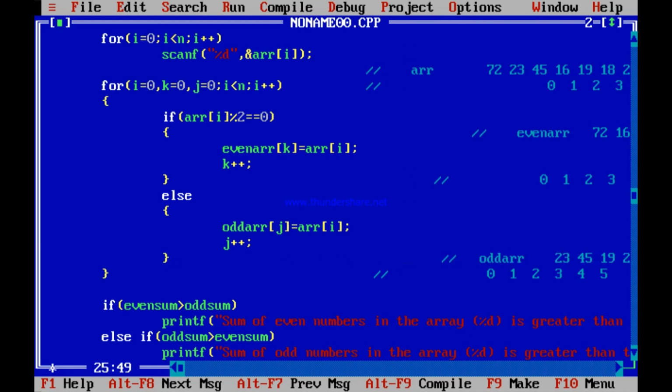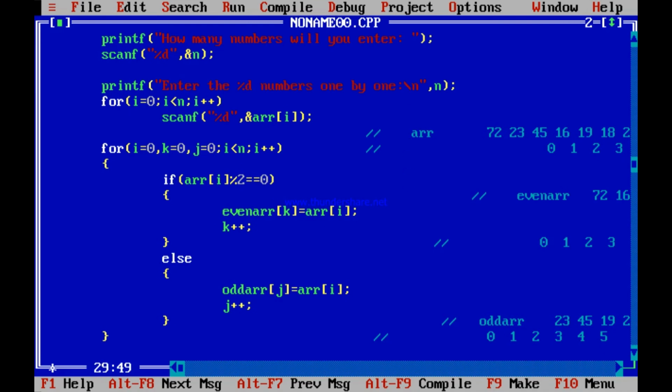What have I done? I have taken an extra index K. I have copied it in even array K position, and K has been incremented, so that next time I find an even number, it is copied in the next position of the even array. And similarly J, I have copied it to odd array J. If I find an odd number, J plus plus, so that next time it is copied in the next position of the odd array.